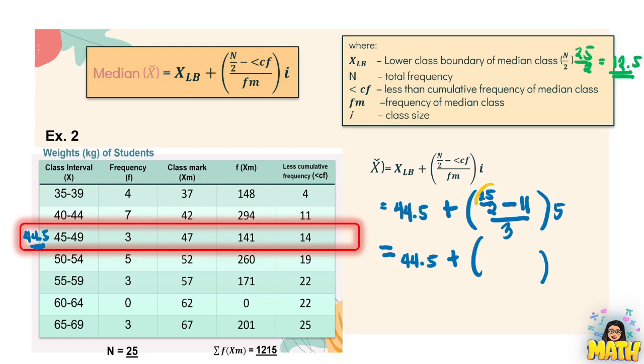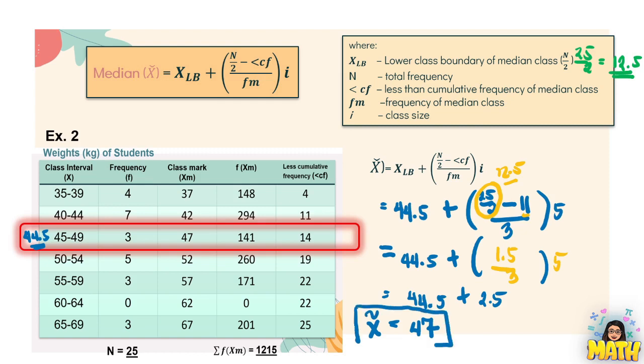So, here we have 25 divided by 2, 12.5 minus 11. That's 1.5 divided by 3 times 5. 1.5 divided by 3, that's 0.5 times 5, that is 2.5. And lastly, 44.5 plus 2.5, that is equal to 47. Therefore, the median here is equal to 47. Another way to interpret that is, the middle score of 25 samples or data from 35 to 69 is 47